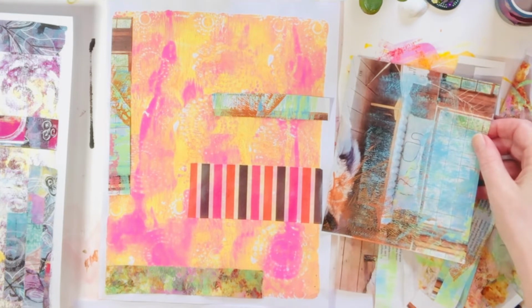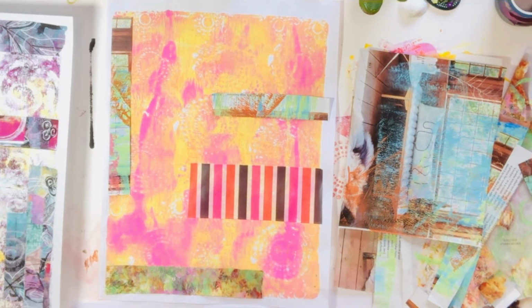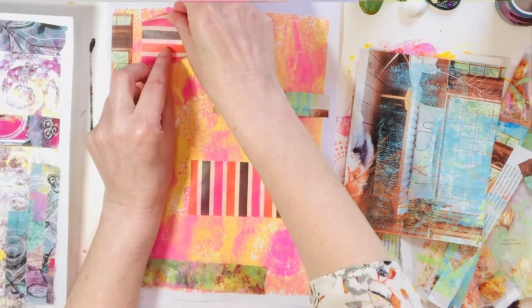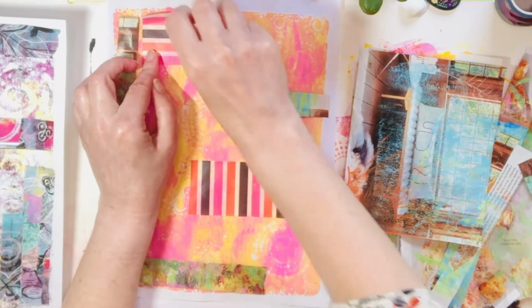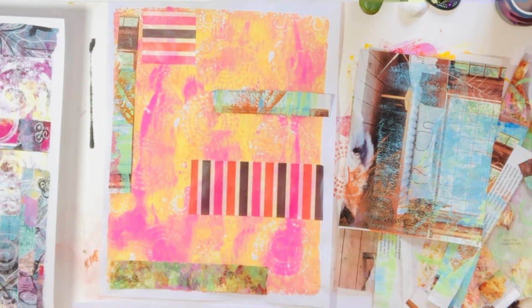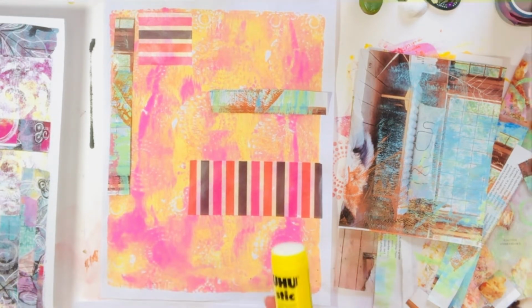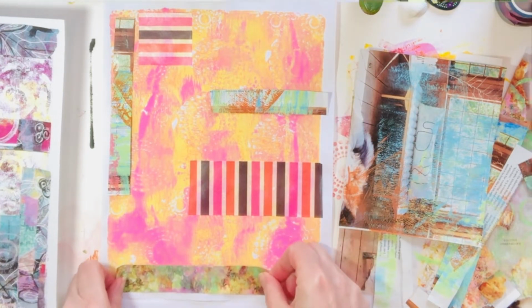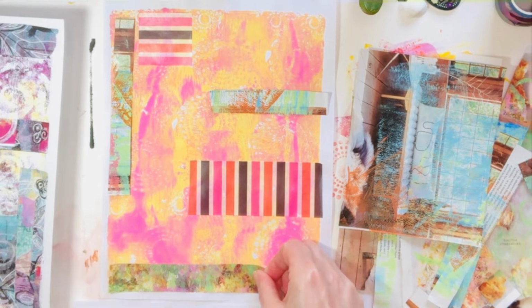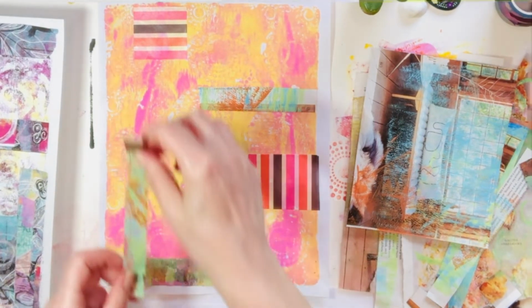And I'm pulling bits. It's almost like you're making your own tapes, I guess, with the magazine bits too that I clipped from the painty magazine pages. And what's going through my mind right now is just setting up parts of the page, like segments. So if I do want to cut it into pieces, it works. Or if I want to fold it, that works, or